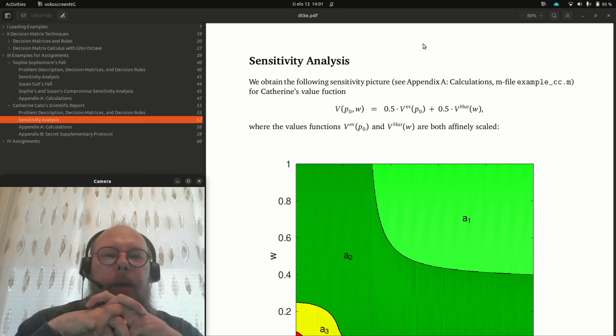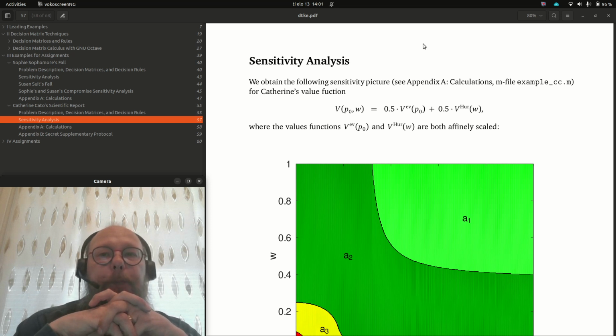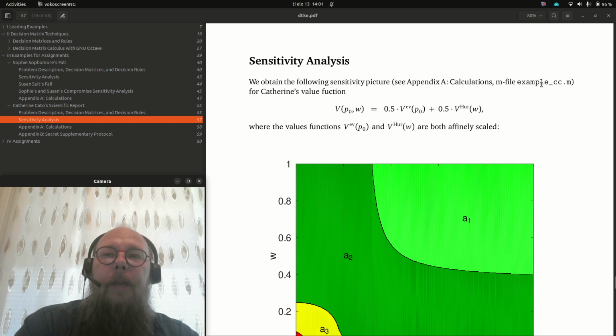And we are now in Chapter 6, Catherine Cato's Scientific Report, Section 2, Sensitivity Analysis. In this sensitivity analysis, the solution is given here, and later in the next video lecture, we look at the calculations, how this sensitivity picture is calculated. The calculations are done in the M file example underscore cc.m in the next section, and value function, remember it's V